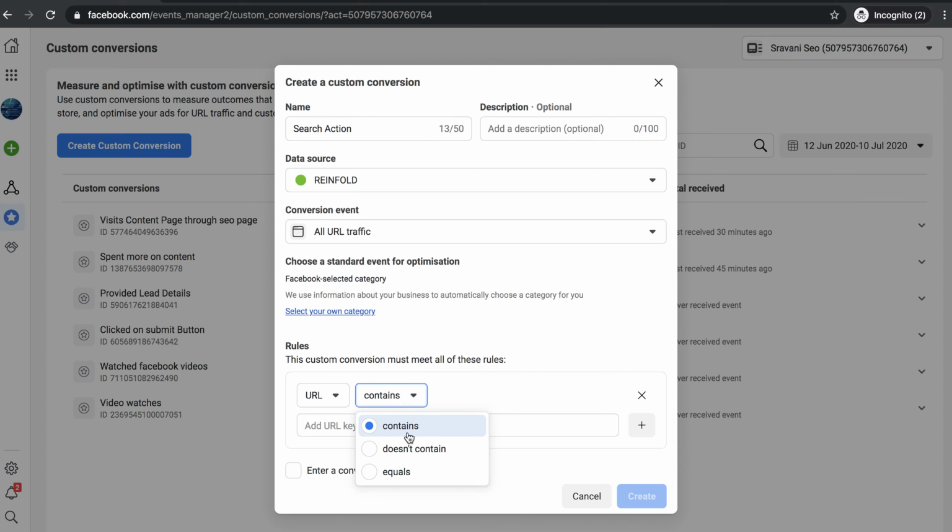Contains means if the visitor lands on any part of the URL you entered, it will be considered a conversion. Does not contain means it will track all the pages which do not contain that part of the URL or the entire URL. Equals means it will track exactly that particular URL. So I am clicking on contains first.